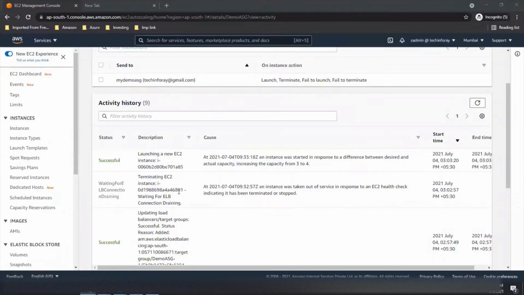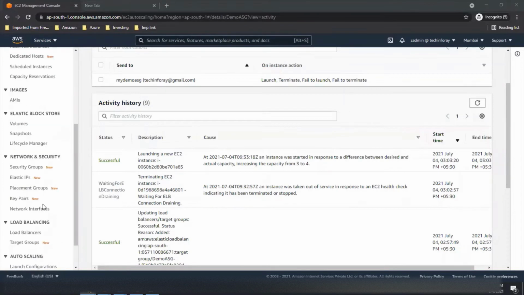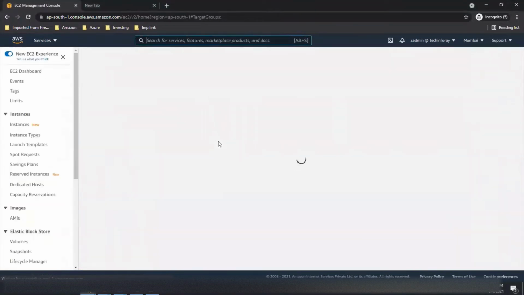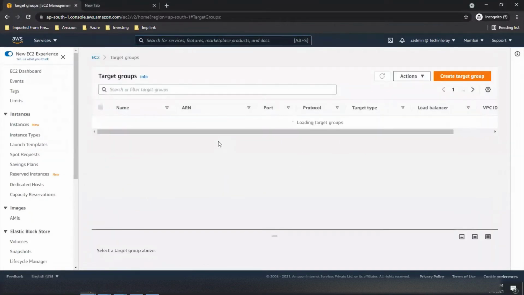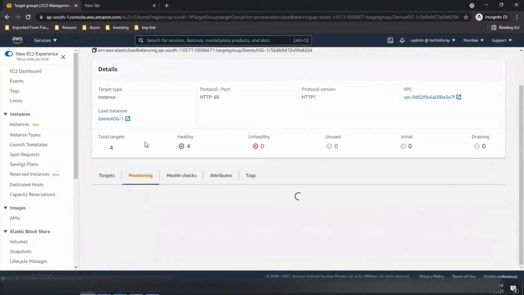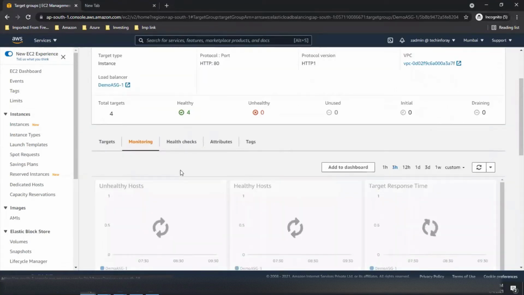So once we have terminated our machine, so you can see that ESG has directed load balancer to drain the machine, and automatically the capacity will be raised from 3 to 4. And if we go to our target group, so here you can see all the machines are healthy again. And let's go to monitoring